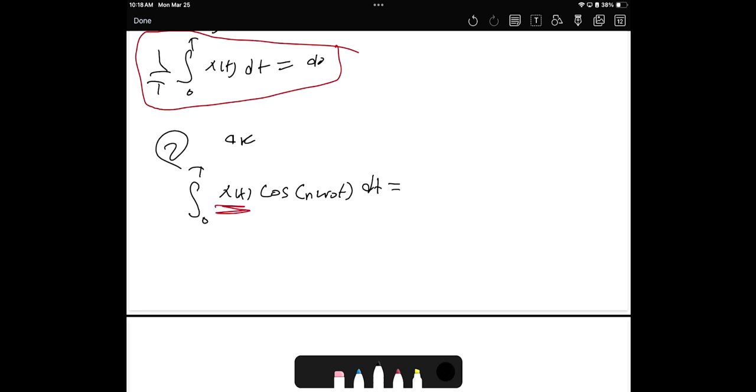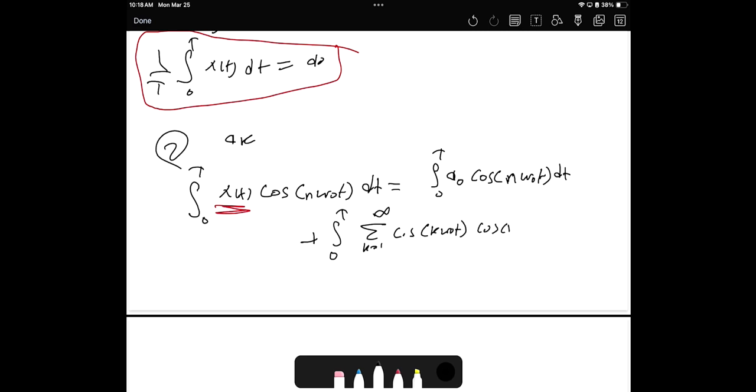So, with the first term, from 0 to T, A naught cosine n omega naught t dt, plus the other terms, which is the integral from 0 to T, the sum from k equal 1 to infinity, A sub k cosine k omega naught t, then cosine n omega naught t dt,